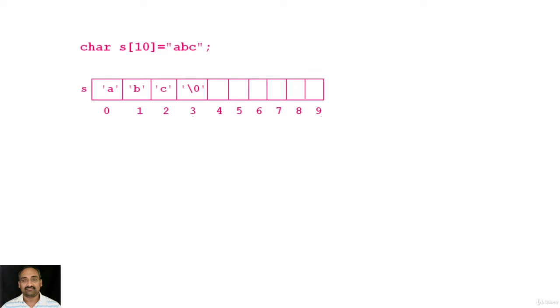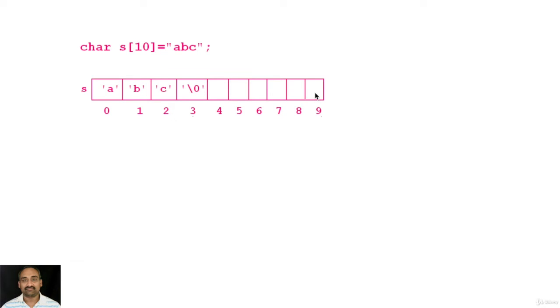The \0 indicates that this is the end of the string. And what about the rest of the characters? In this case, they are all filled with some garbage value. Because there is \0, it automatically indicates that this is the end of the string, and our string processing should end here. The rest of the characters should be ignored.